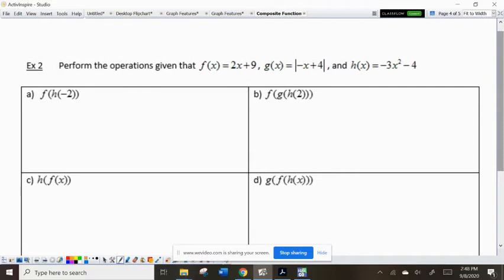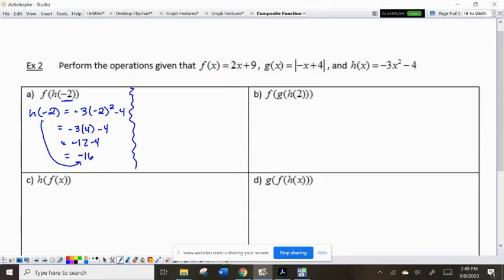Okay, so here are some examples with 3. And again, in A, we've got f and h, a number in. We're going to get a number out. So we're going to go to the h function first and plug in -2 and see what we get. So we look up here for the h function. That's -3 times -2 squared minus 4. And I'm going to go ahead and simplify that first. -2 squared is positive 4. -12 minus 4, -16. So h of -2 is the same as -16,